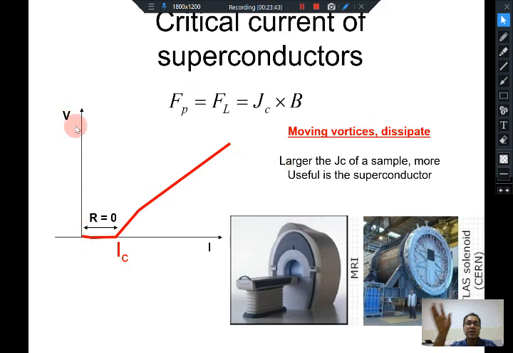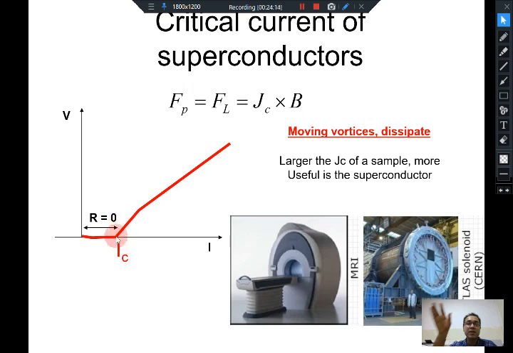As you can see, in these superconductors, if you measure the voltage as a function of current, you will find that the voltage will be zero up to a finite value of current. After that, the vortices start moving. Below that, vortices are pinned, they cannot move, so there is no dissipation. There is no voltage that you need to send in the current. Only above this point, your vortices start moving and they start dissipating, and finite voltage appears. So this is a measure of how strongly pinned your vortex is.